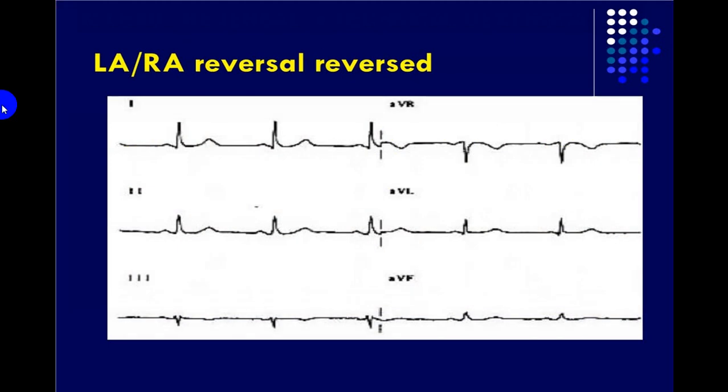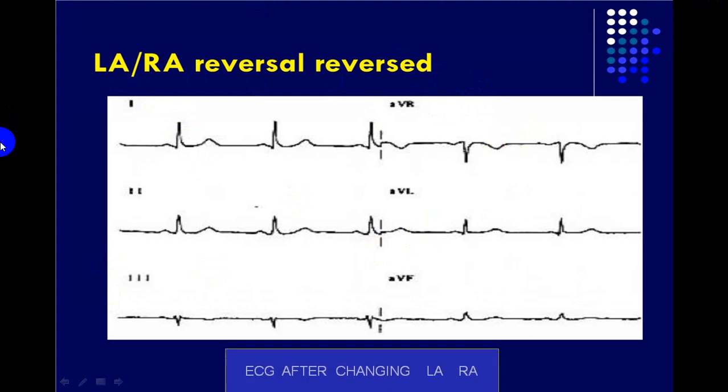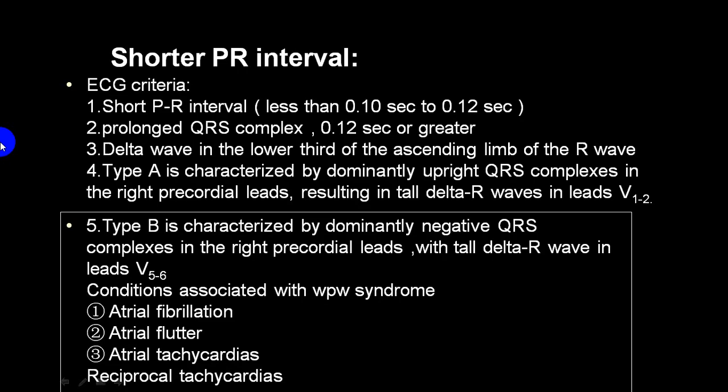Technical dextrocardia. Again, lead reversal, reverse back: lead 1 is positive, AVL is positive, AVR is inverted. So this you should be able to differentiate. Now if there is a short PR interval